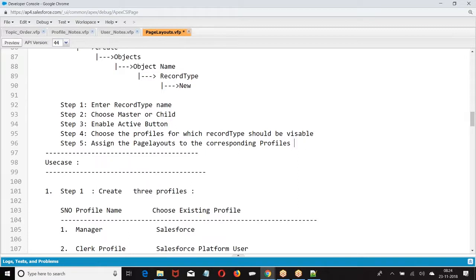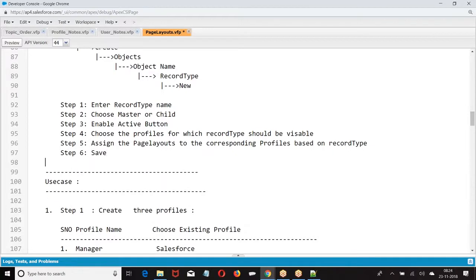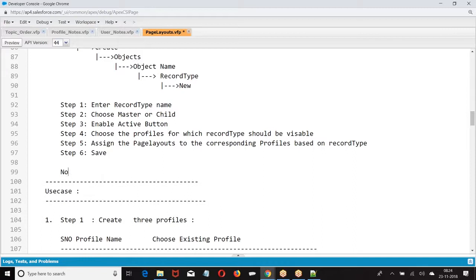Profiles based on record type. We can also control options in the list.